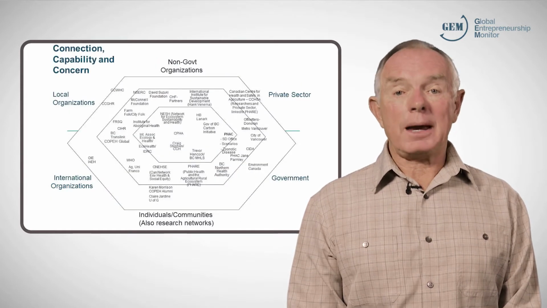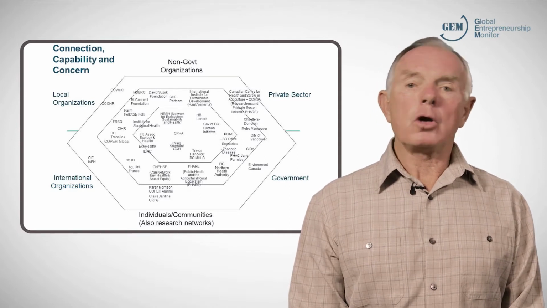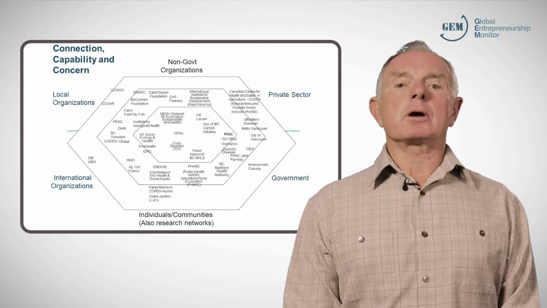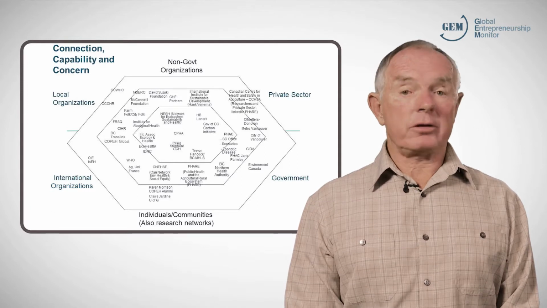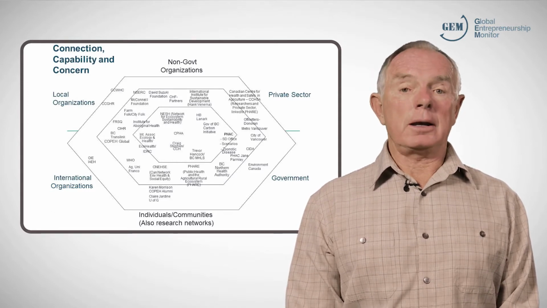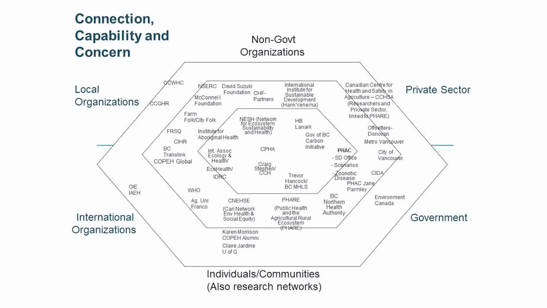An excellent way to start planning who to contact is to fill out a matrix dividing your target market into non-government organizations, government, local organizations, the private sector, individuals, and international organizations. Start by putting names in the center section representing those organizations you think will be most likely to help you, and then move outwards to those less likely until you fill the entire matrix with the names of potential sponsors.